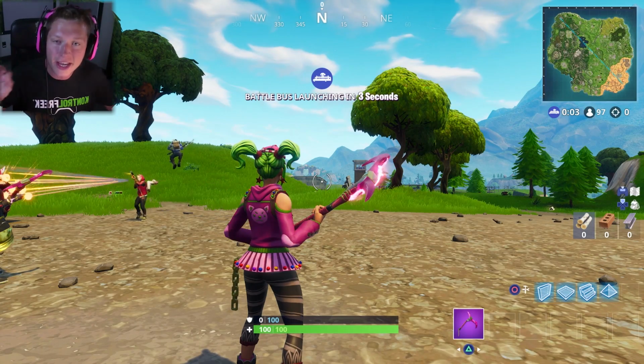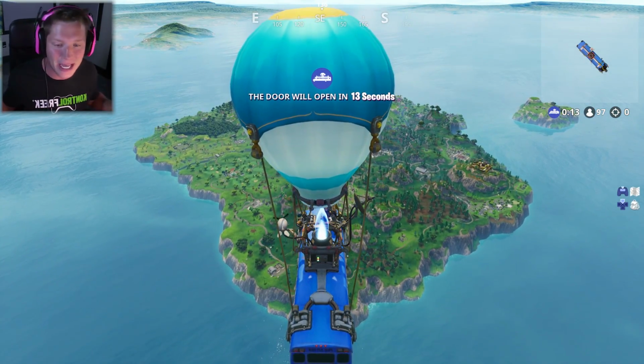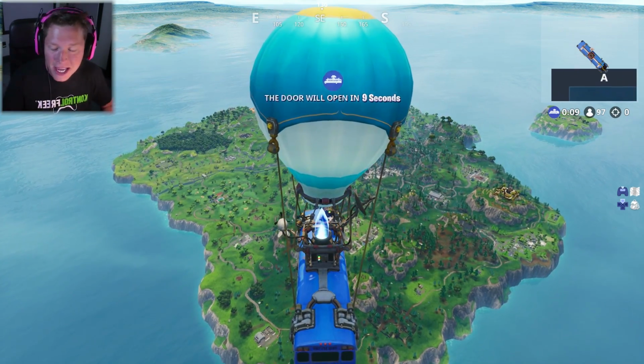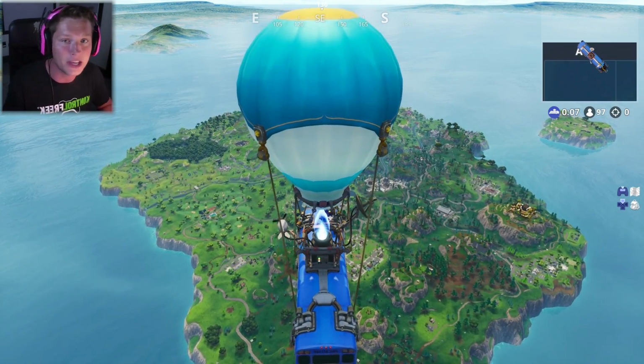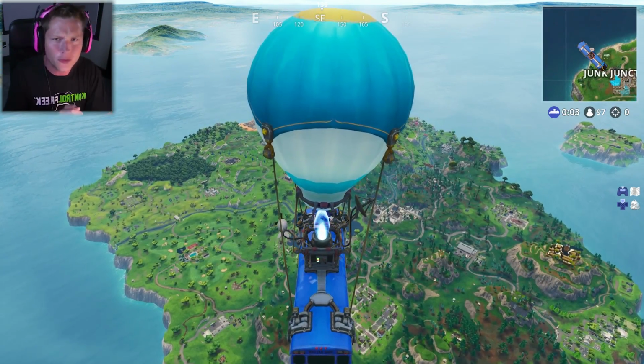What's up, guys? Today version 5.3 released in Fortnite Battle Royale, and man oh man, this ended up being a huge patch. There's a lot of stuff happening, and we are going to be talking about all of it in this video. We've got a brand new item in the Portal Rift, or the Rift to Go, whatever you